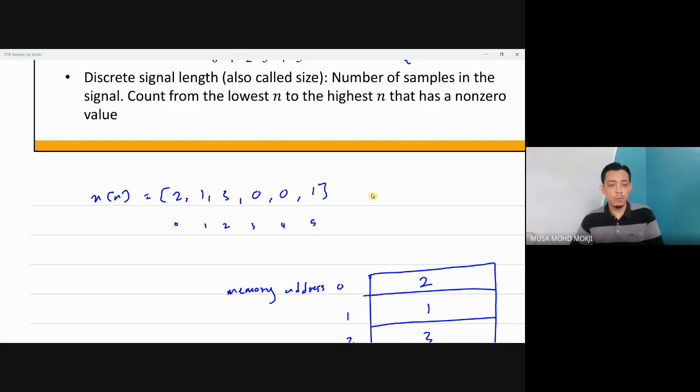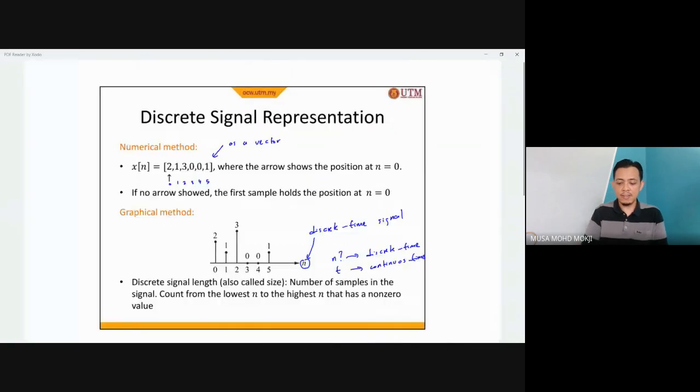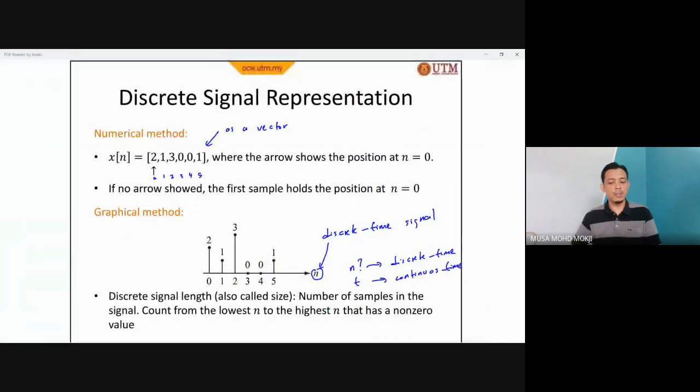If you do a microprocessor, that is very low level programming, so you need to know exactly where the address is. MATLAB is higher level, so it doesn't need to know where the address is. When you read a value, it will give you this value, but you should know what the index is. So that is what we call a discrete signal,